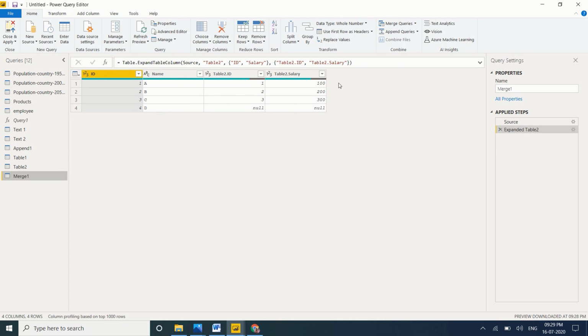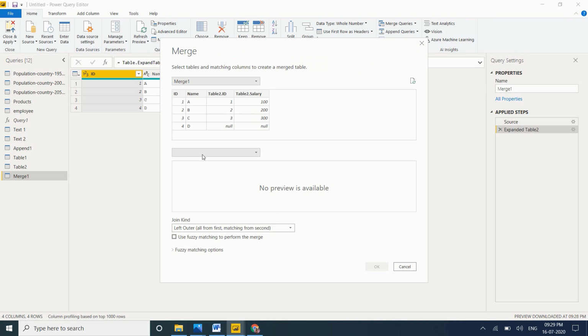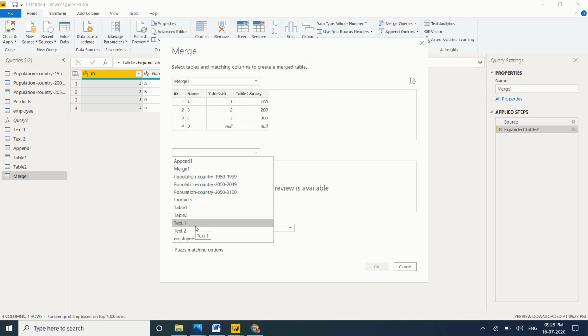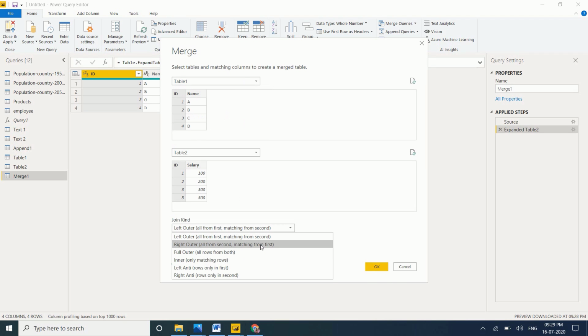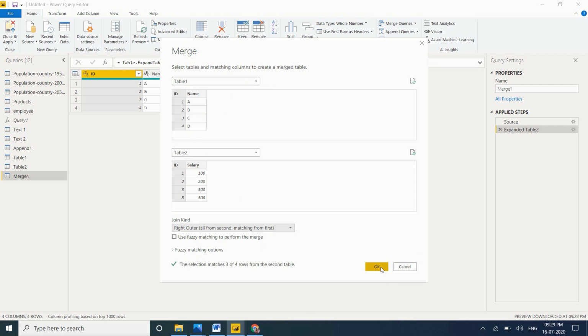So if you want to go for merge as new, I want to do now right join. Select the IDs, just select here right join, click on OK.